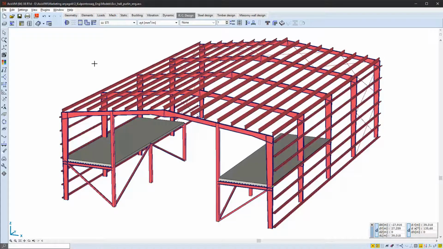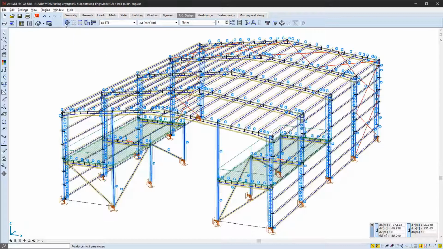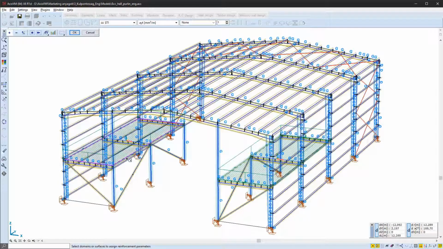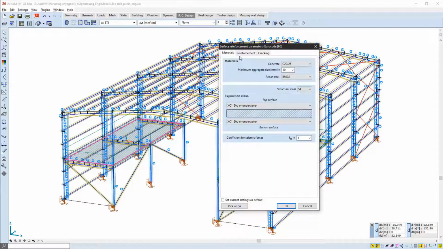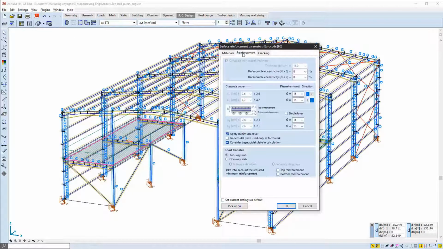Moving on to the reinforced concrete design and opening the parameters dialog for the trapezoidal steel decks, we see that the dialog is slightly different than for original traditional domains.